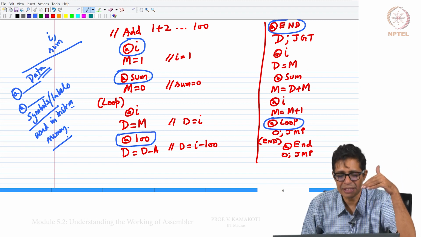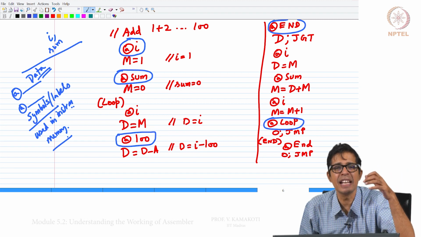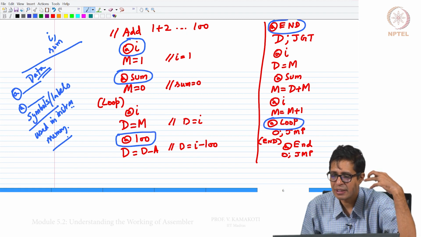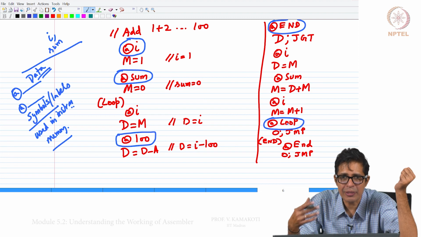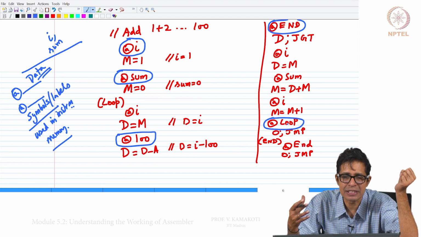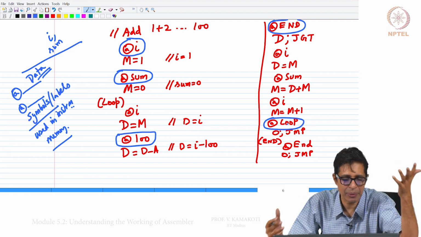What do you mean by used in instruction memory? They are used to designate locations in the instruction memory. If I say jump to loop, where is that address? Jump to an address within the instruction memory.